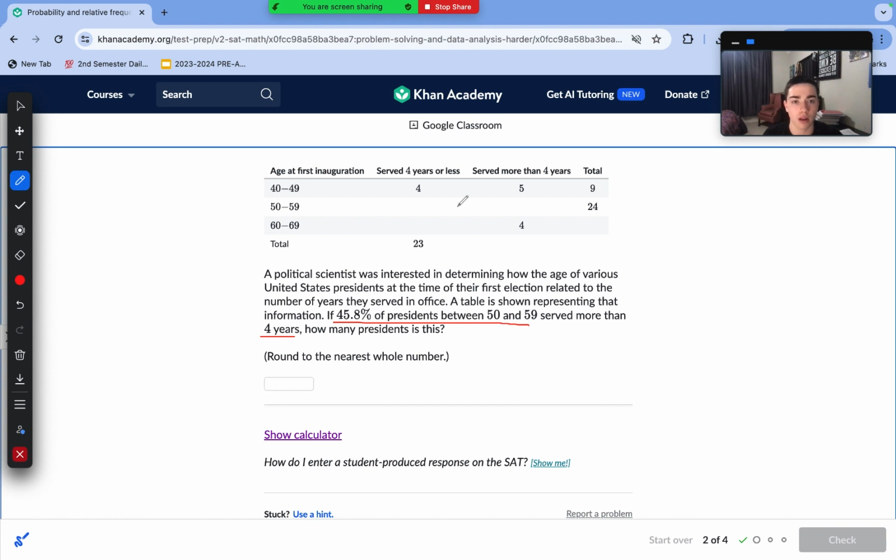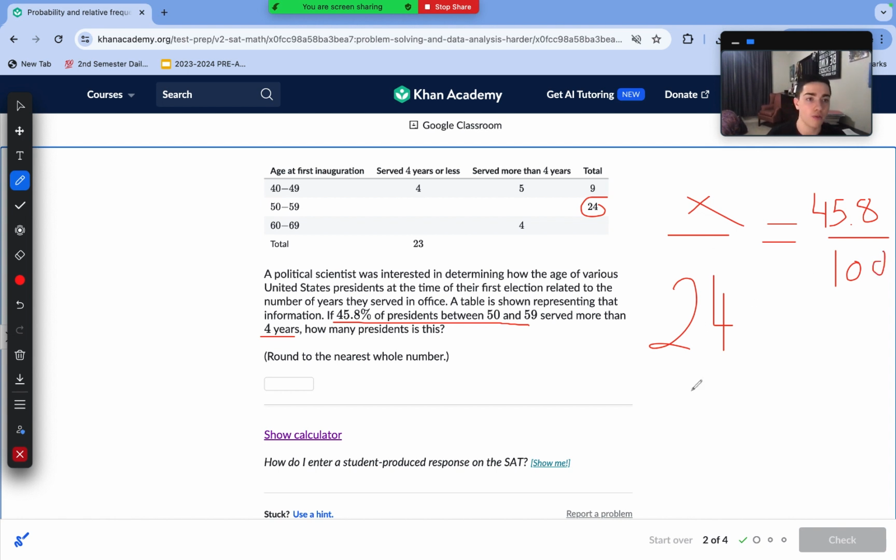So that means that out of our total 24, 45.8% of those served more than 4 years, and then the rest of the percentage didn't. We can set up a good old proportion here with our x there, and now we are trying to find 45.8% of the whole, which is 24. We can go ahead and multiply 24 times 45.8. That is approximately